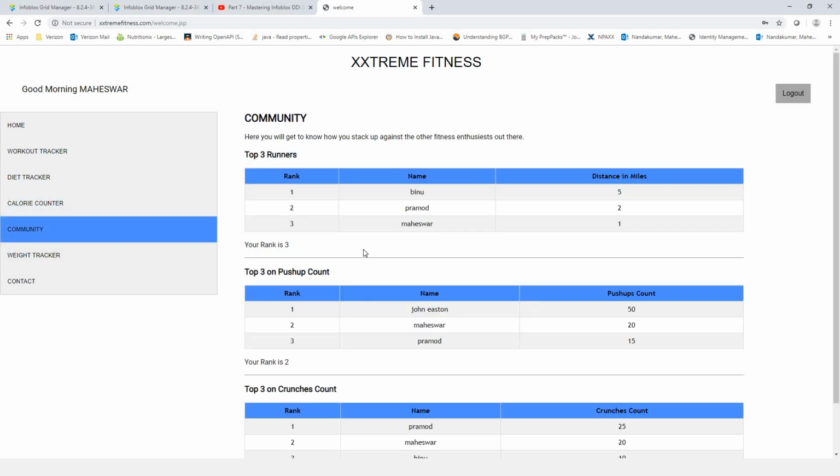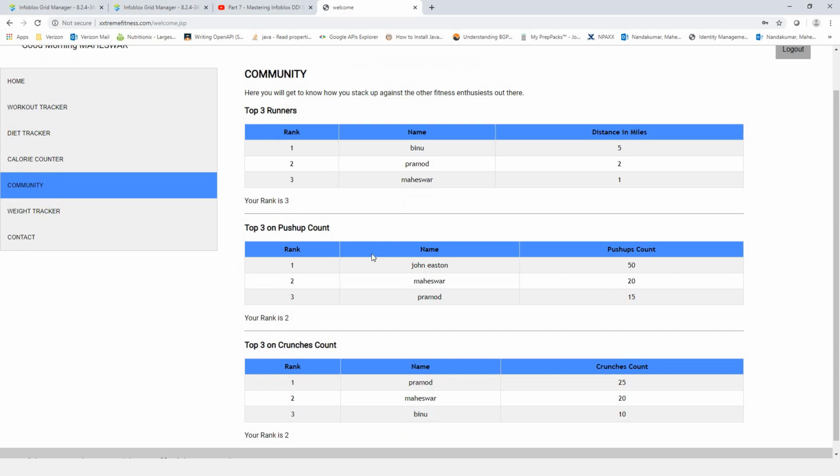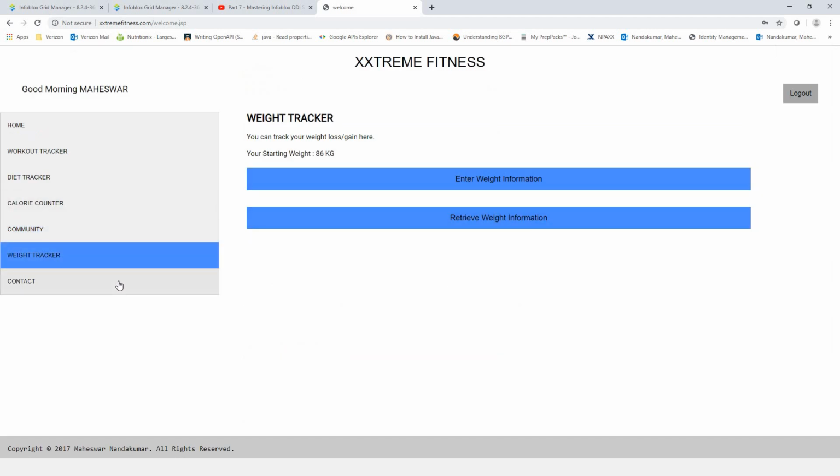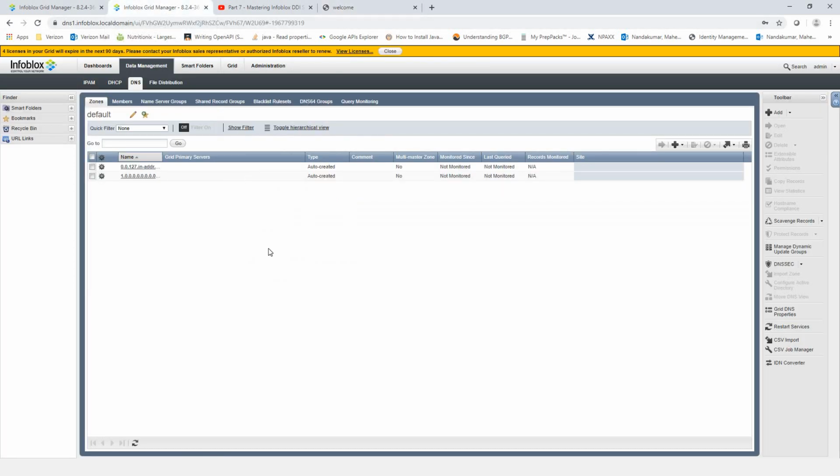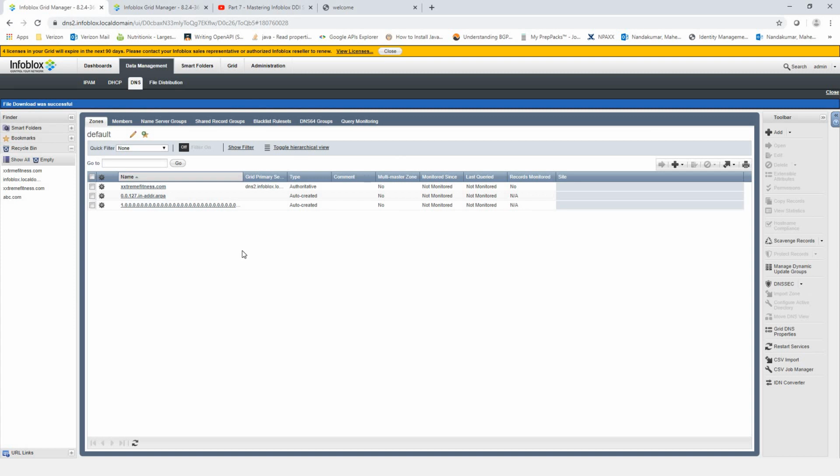Then there is a community tab in which you can see how you stack up against the other users who are using the same, and you can track your weight. And let's say this becomes a huge hit, and in the course of, let's say, 5 to 10 years, then I need to